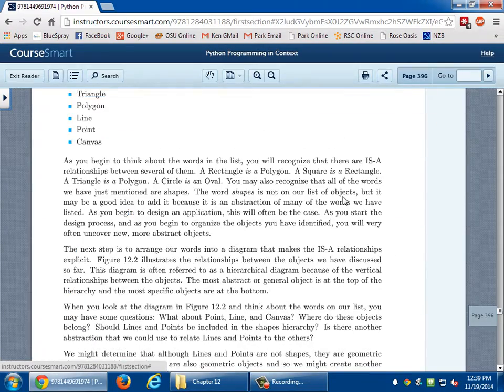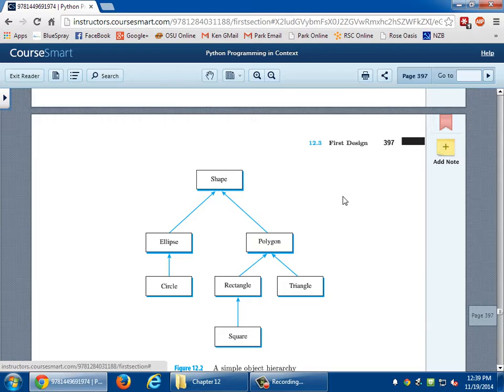Because what he does here is he'll show you a UML diagram. This is what's called the UML diagram. It's basically a shape. You can have an ellipse or a circle, a polygon, or a rectangle. They basically inherit from each other. So a rectangle inherits from a polygon, which inherits from a shape, so on and so forth. Okay, you're going to be doing an assignment